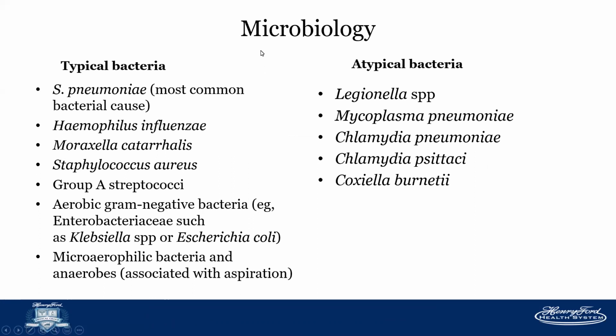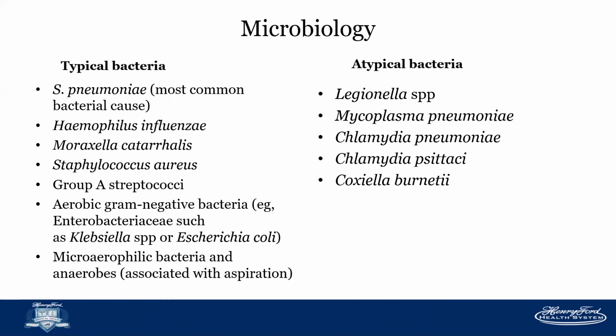So coming to the microbiology of bacterial pneumonia, strep pneumo is still the most common cause of bacterial pneumonia. Other causes are Haemophilus influenzae and Moraxella. Staph aureus can cause pneumonia. Group A strep, and gram-negatives such as E. coli and Klebsiella. And then over here, atypical, and what we mean by atypical bacteria is bacteria that are difficult to